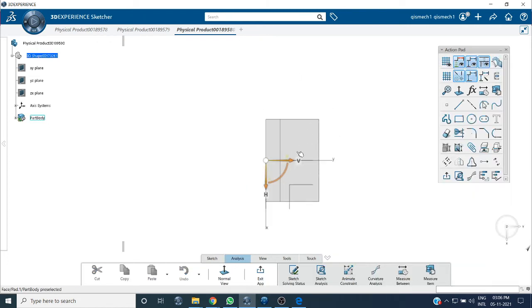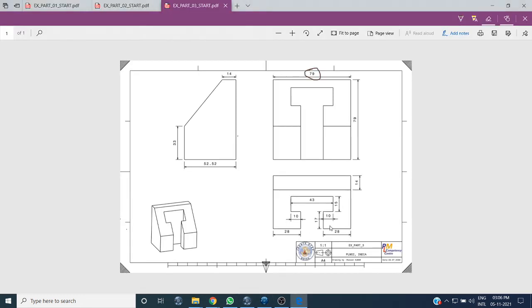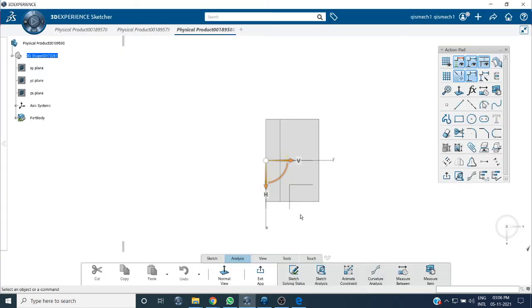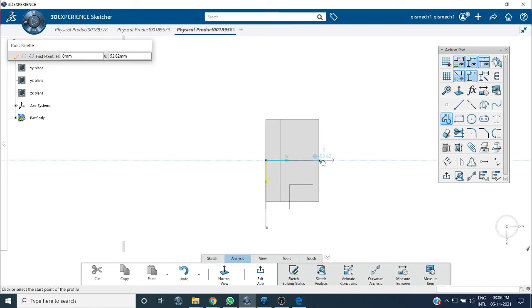Okay, so we will do the diagram here. So how will we do it? Like a T. Okay, both sides the same. If I do one side, then for the other side we will go for mirror. So I will go for this, starting from this.